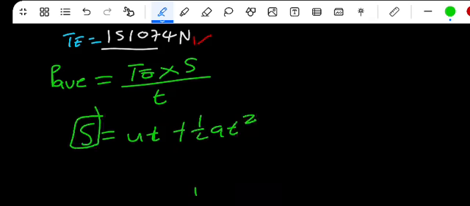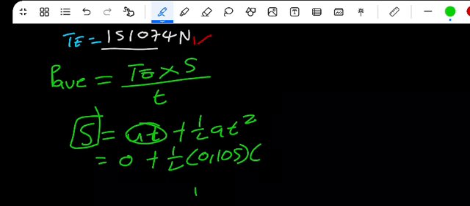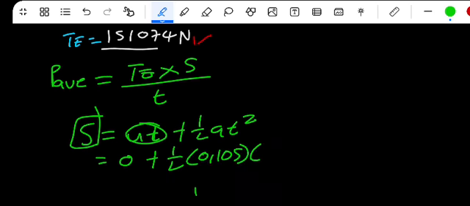You can use that if you want. Initial velocity, say it is 0, from rest, plus 1/2 acceleration, it was 0.105. The time is the one that we just got recently, 19.782. We square this,